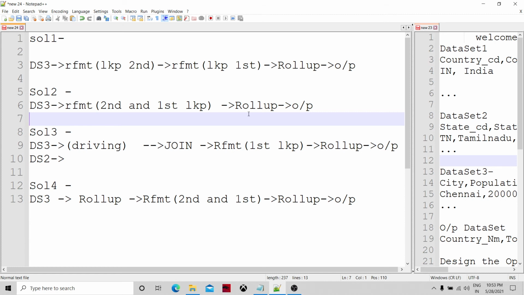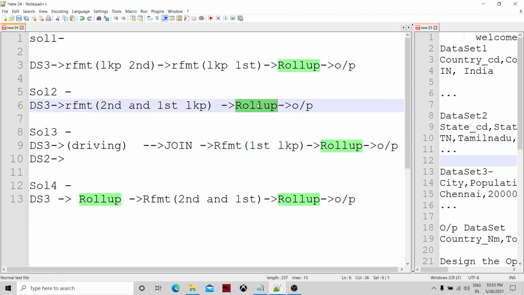There is a join component, then a lookup component, then the rollup component. So this solution also doesn't look great, because the first join doesn't serve any purpose. The number of records would remain the same up till the reformat, component number 3. After taking those inputs and then join and then reformat, which I have selected just now, all the records would remain the same. We are not reducing the number of records up to the rollup. So until the second last component in solutions number 1, 2, and 3, we are not reducing the records.